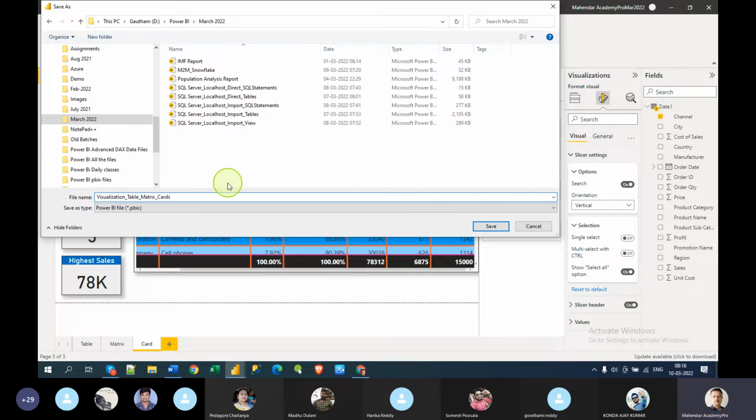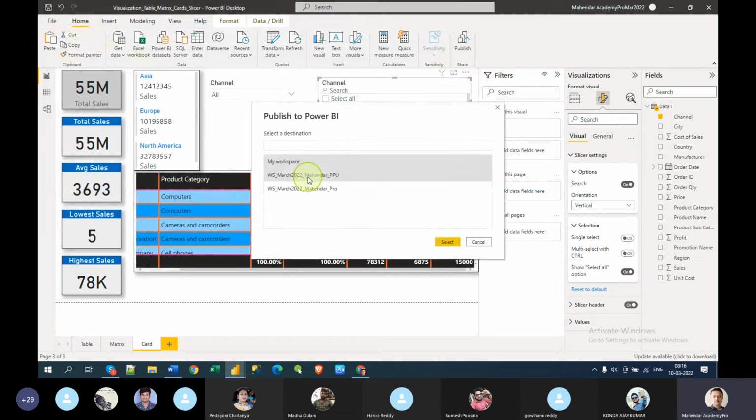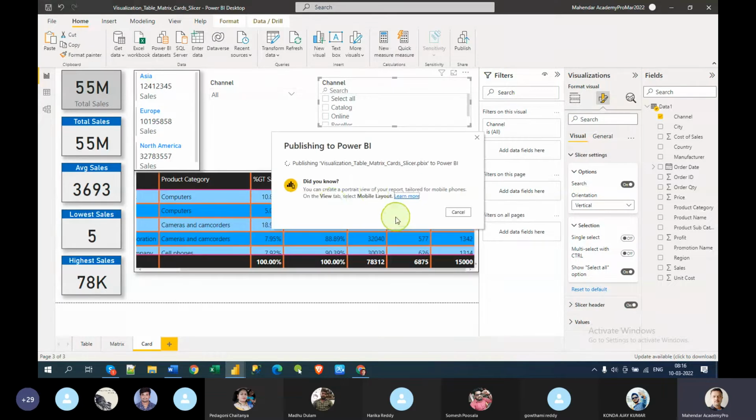When I say cards, I mean card and multi-row card, and then slicer. These are the things that we have covered. So now I'm going to publish this by clicking the publish button. This is the easiest one. I'm using Premium per user.